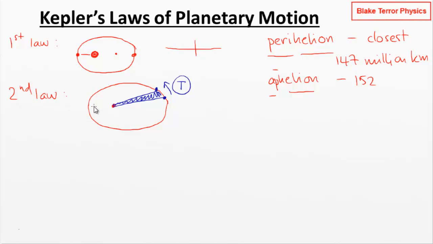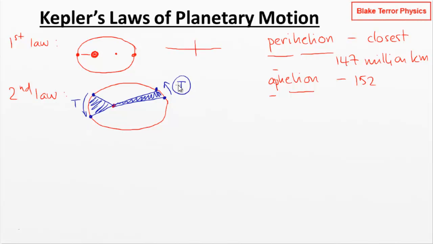Let's take another point in the orbit. So here, and in time t, it would have travelled further this time because it's sweeping out the same area. So if I then shade in this bit, these two blue shaded regions have got the same area. So when the planet is closer to the sun, it's travelling faster because it needs to sweep out the same